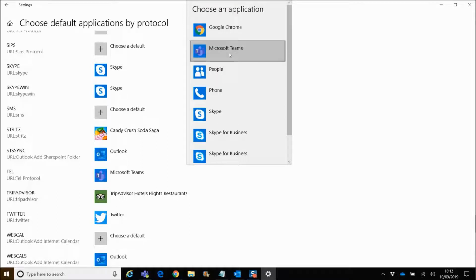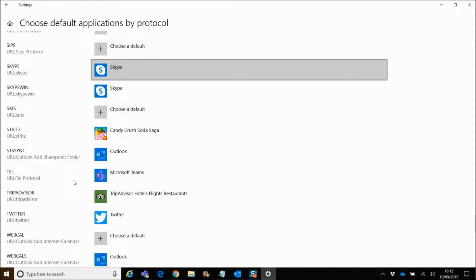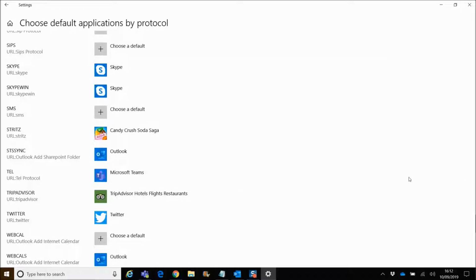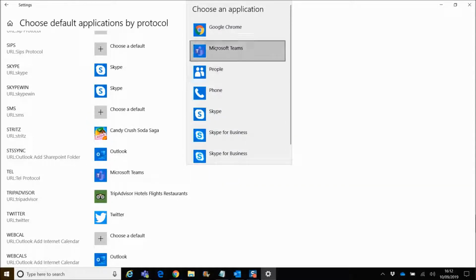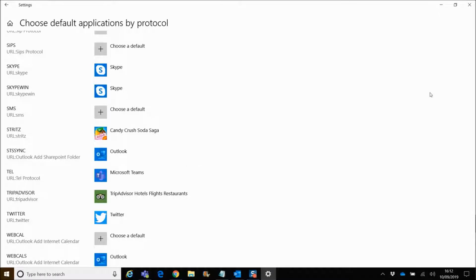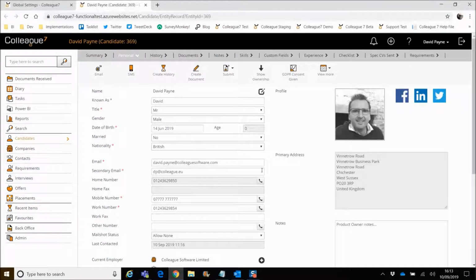I've got it set to Microsoft Teams, because Microsoft Teams is the solution we utilize when we're doing that type of outgoing call or inbound calls. We basically utilize Microsoft Teams. But if you have a third party, essentially what you want is to be able to select their application within this area. Then what that should mean is when you're within Colleague 7,